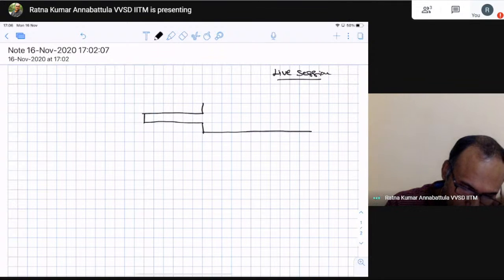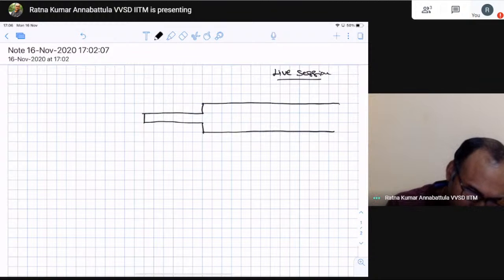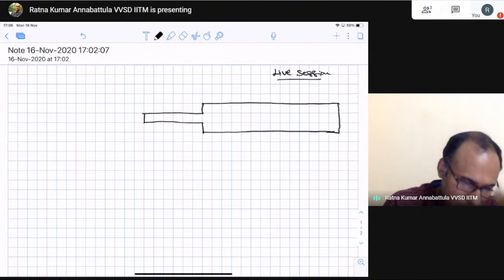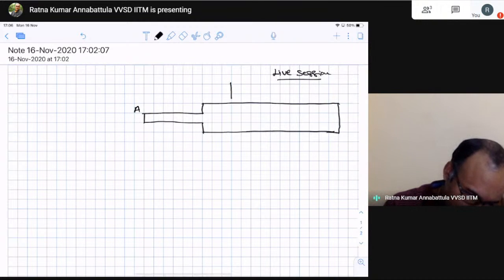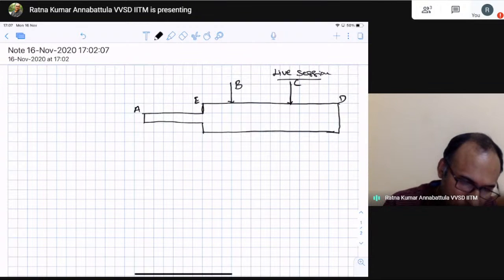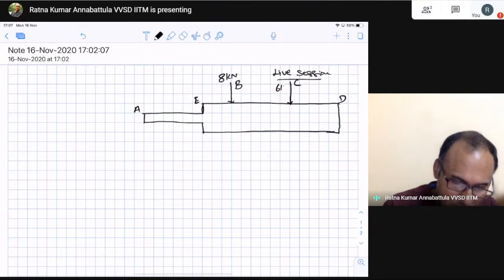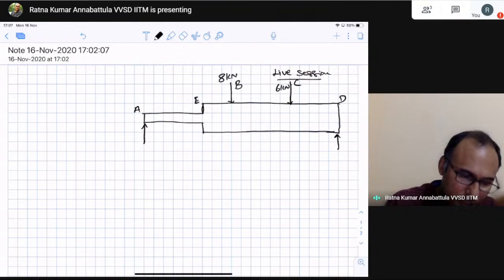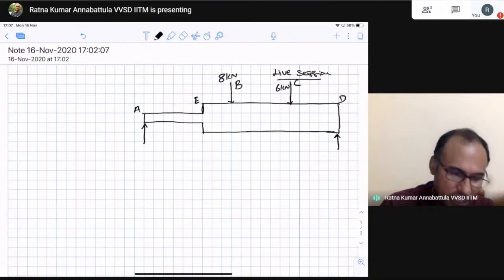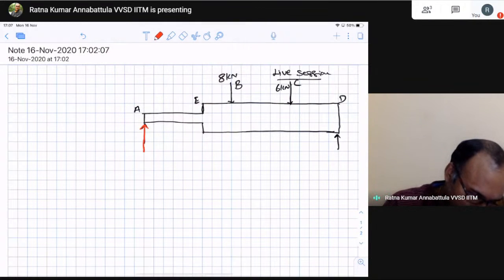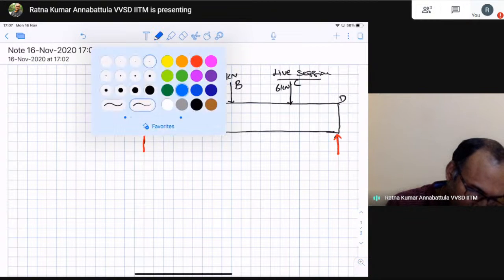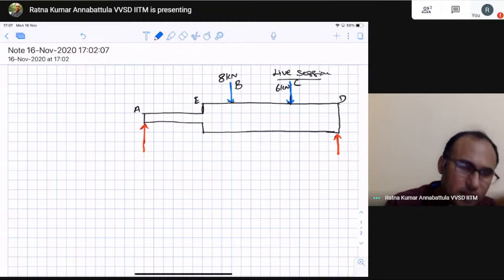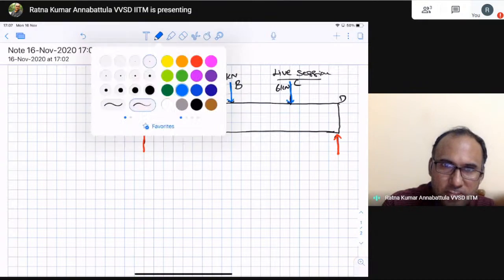This is our stepper shaft, and you have a point A, a load at B, loads at point C and point D, and this is point E. At point B you have an 8 kilonewton load, and at C you have a 6 kilonewton load, and the stepper shaft is supported using simply supported end conditions at points A and D. Let me draw the support conditions and the loads in different colors. And the distances are basically